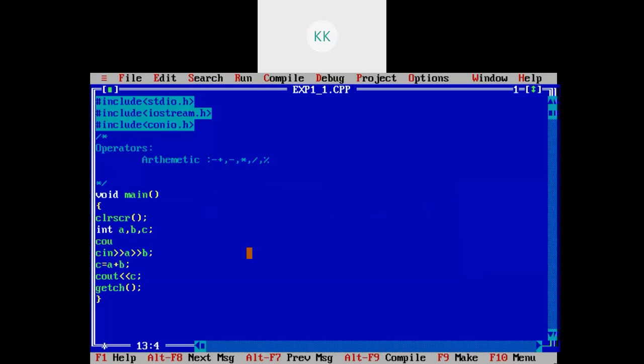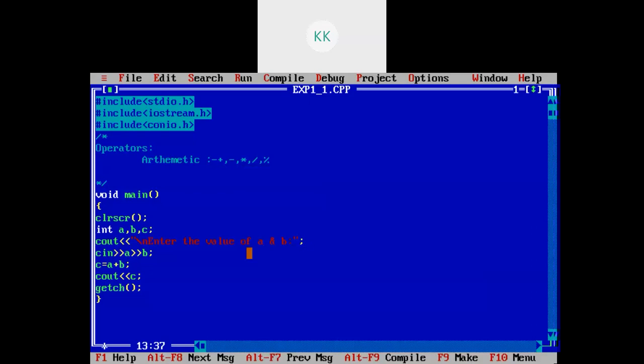So I will write here cout, \n, enter the value of A and B. So now this string will be displayed in output, right?